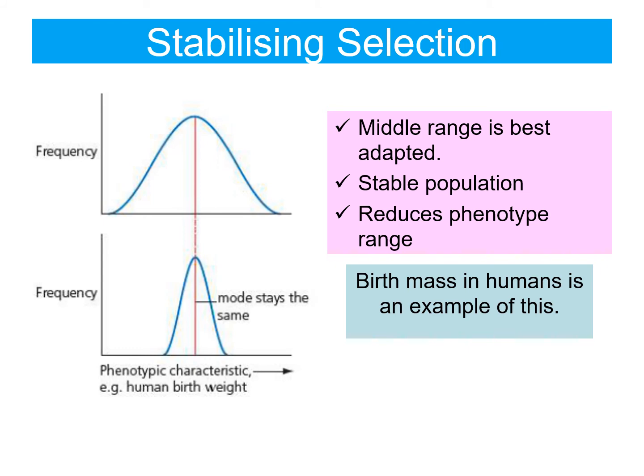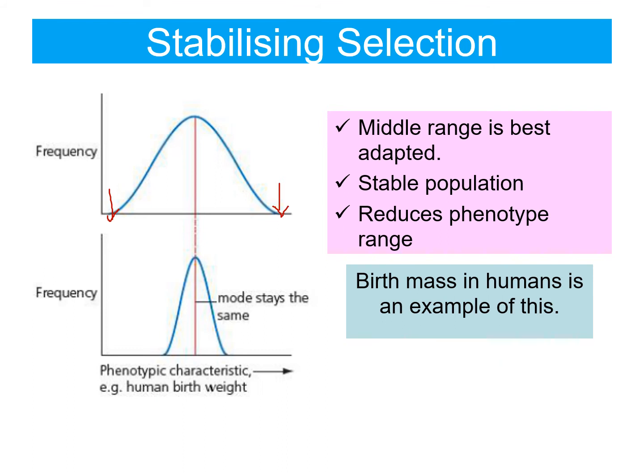So the first type of selection is stabilizing selection. Stabilizing selection is when the middle range of characteristics is the more suited. So let's say this was height, for example, or birth mass in humans is the best example. Obviously a low birth mass, which would be down here, is going to be very disadvantageous. The less, babies are going to survive. And at really high levels, there's going to be more likely to be issues during childbirth, so they're